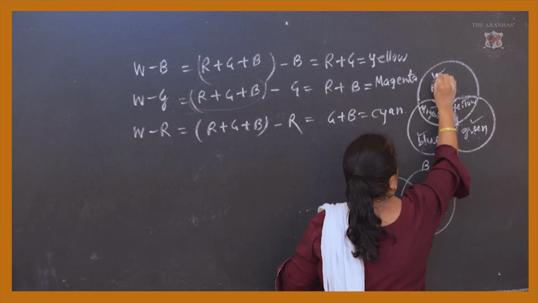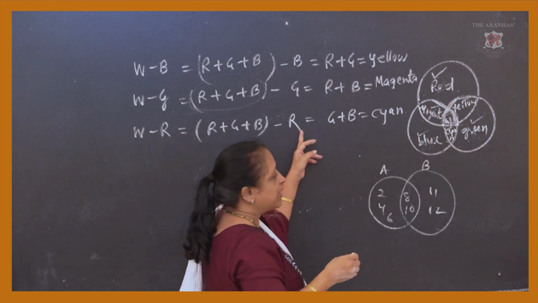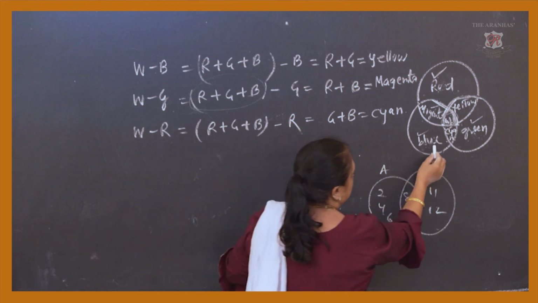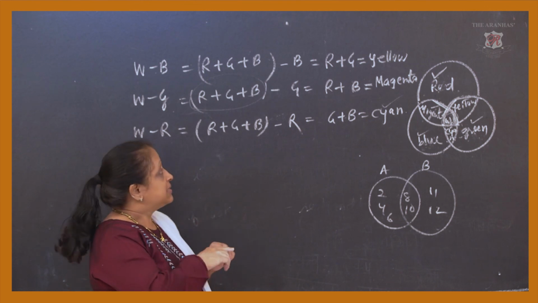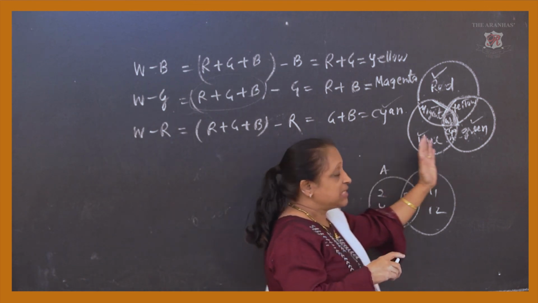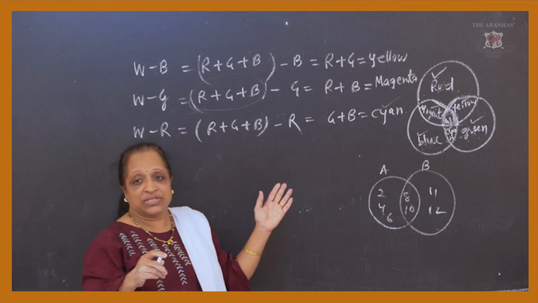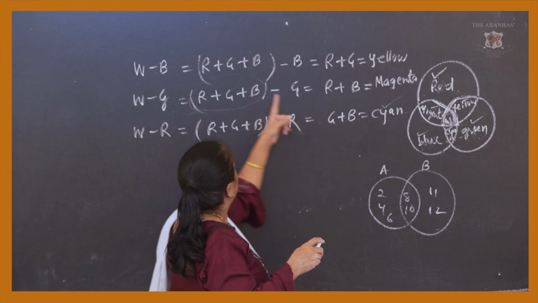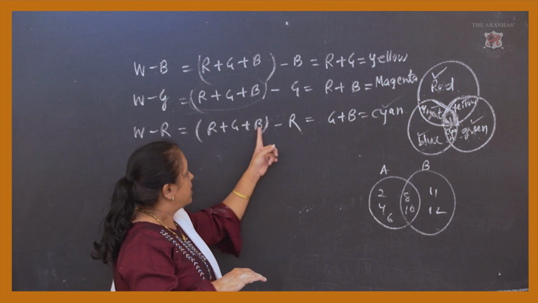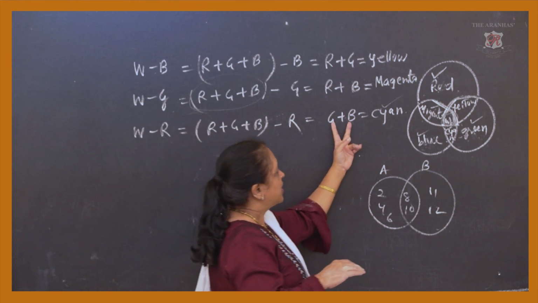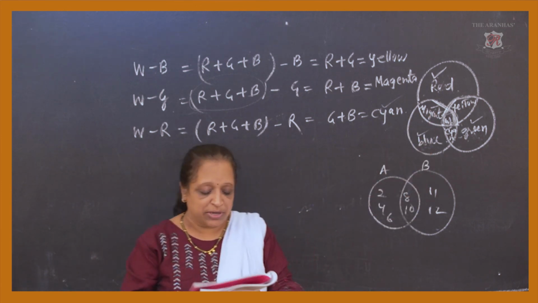Now next, white color is there. We are subtracting red color, so from red, blue and green we are subtracting red color. So obviously what is left with us? Green and blue, which is the effect of cyan. That means the same concept which has the diagrammatic representation has been given in the form of the equation. So these are the colors which are components of the white color and are subtracted. From the total combination, this is subtracted. So the remaining gives you this effect. So it is again related to the diagram which has been drawn over there.